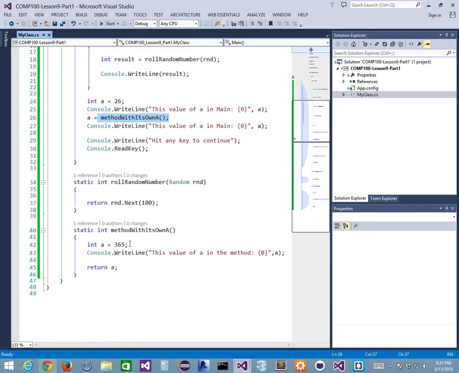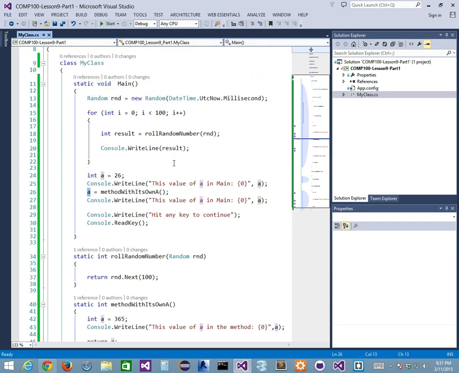Here's method with its own A. We're going to declare this local A, which is not related to this A at all, as 365. We print it out to the console, and then we return it with a return statement back out to this A. So in fact, we're saying this A in main is now equal to the local A, and then we print it out, and it's the same value, 365, where we declared it here. It's confusing, but the way you look at it is this: always look at the scope